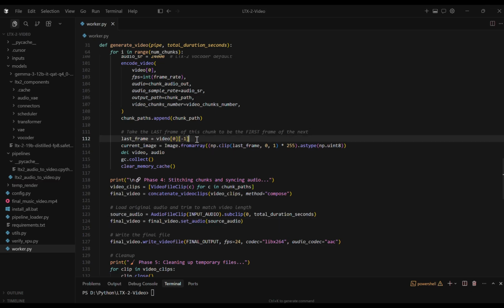Because LTX2 can only generate short video segments, the full video is created by chaining multiple chunks together. To maintain visual continuity, each new chunk uses the final frame of the previous chunk as its starting frame. For example, the first frame of chunk 1 is the last frame of chunk 0, and this pattern continues for all subsequent chunks. This approach ensures smooth transitions between segments and prevents visible jumps, resulting in a coherent and continuous final